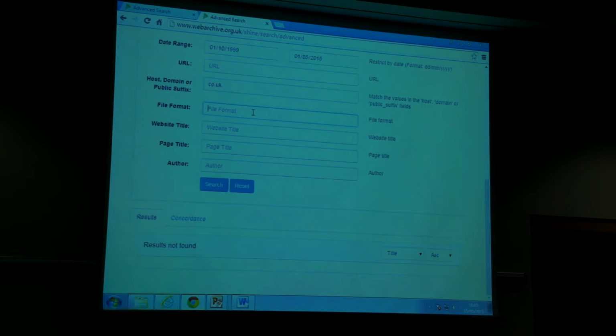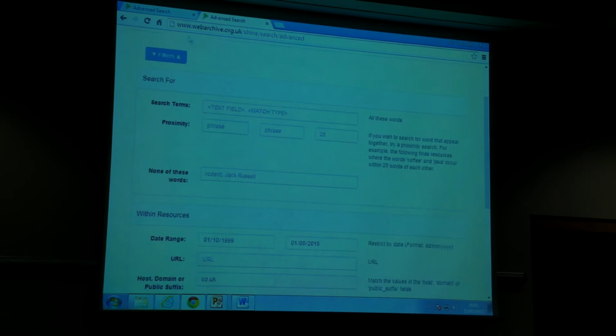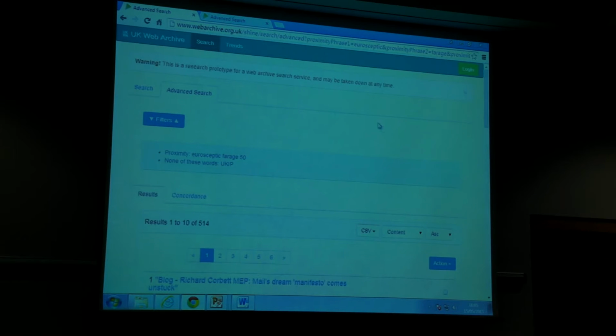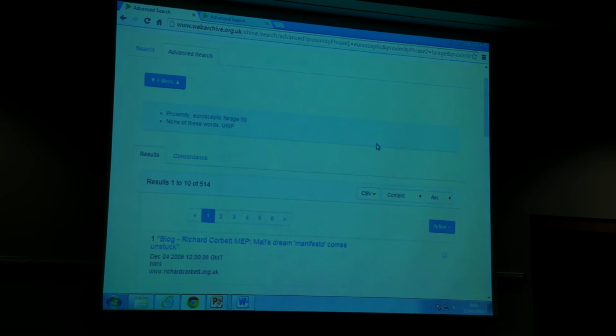You can filter by individual file format if that's useful. So if you're interested in particular document types, you can search for just the PDFs, and so on and so forth. So those are the main ones which I think are most useful to you. Have we got it now? We have. If you know the URL, you can just do the URL. That's not working at the minute, so I can't demonstrate it. But yes, so there we are.